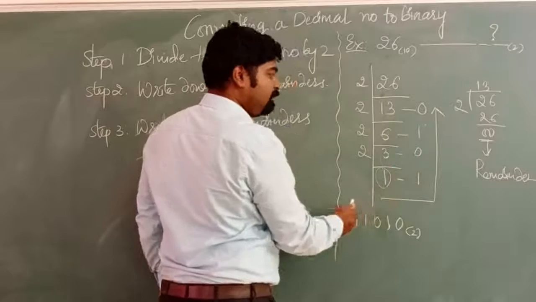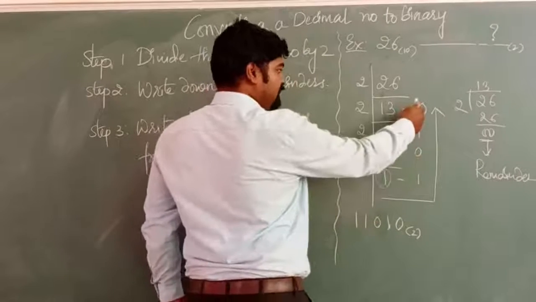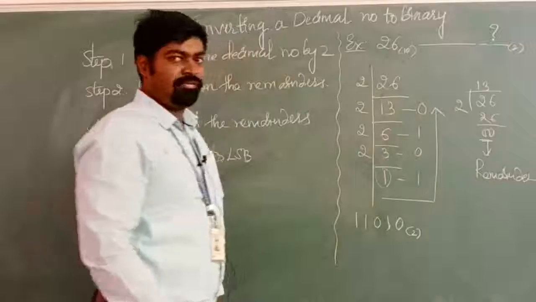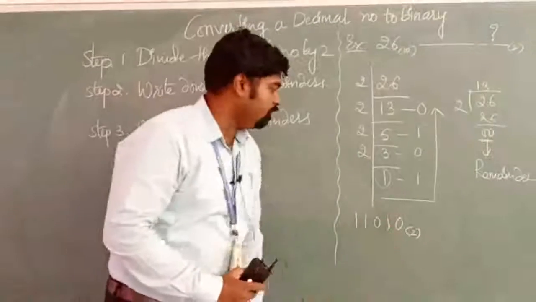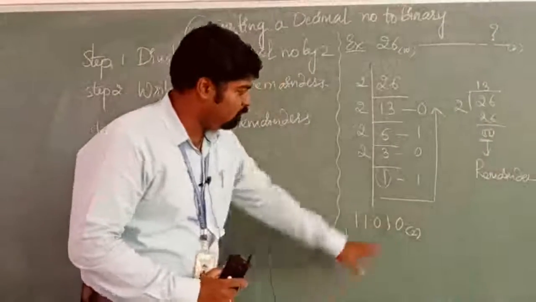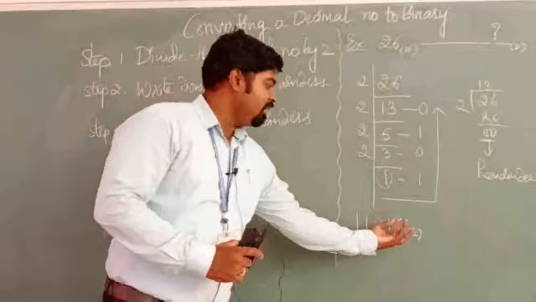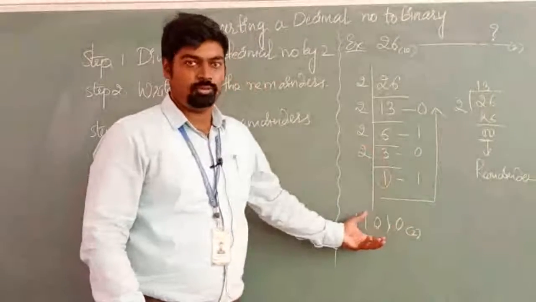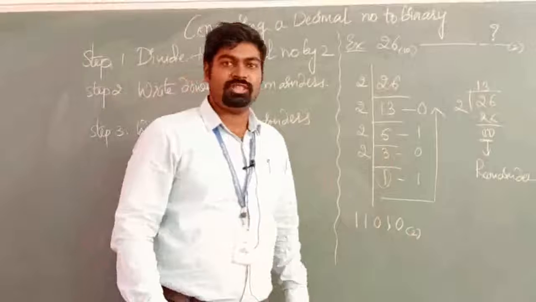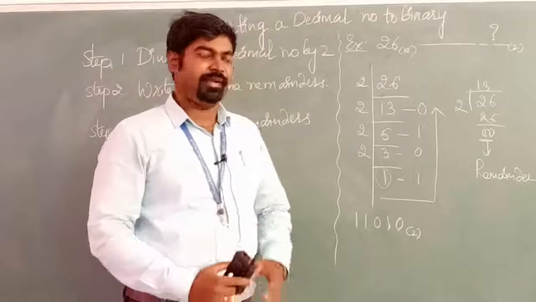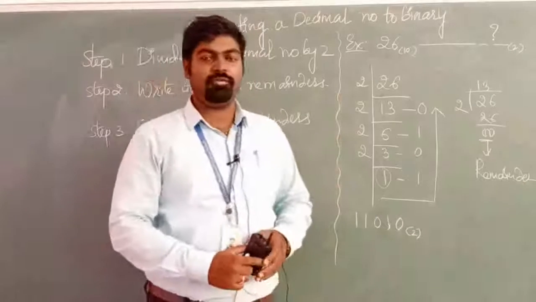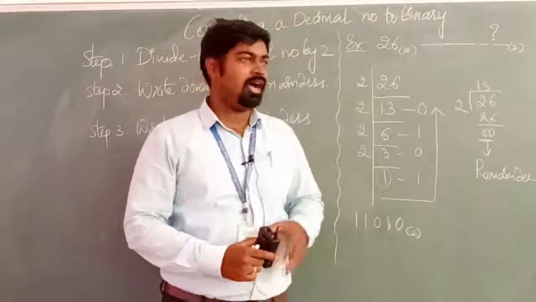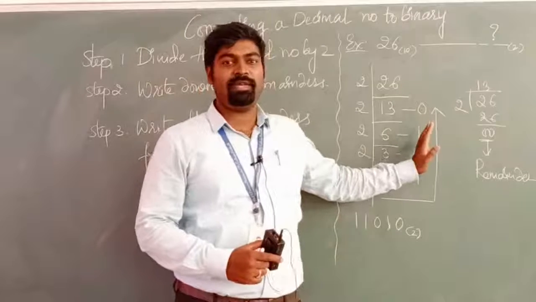So consider the bits from most significant bit to least significant bit. Why are these called most significant bits? Because when you move from right side to left side, each significant bit increases by a raised power of 2. So that is the reason we call them most significant bit and least significant bit. This is the first example I have solved, and in the next example we shall see how the fractional or decimal part can be converted into binary.